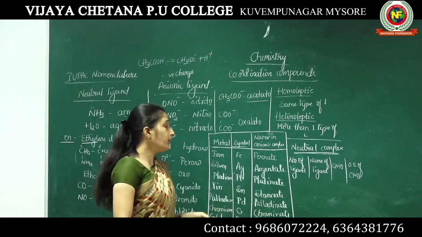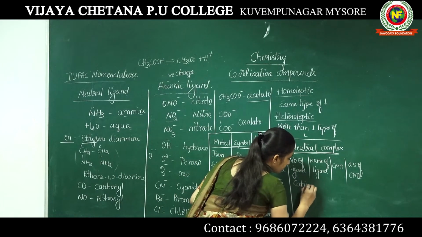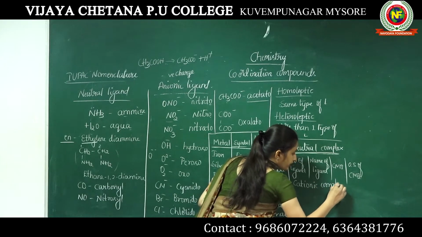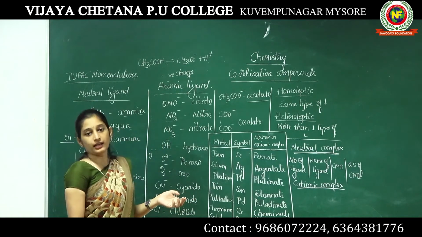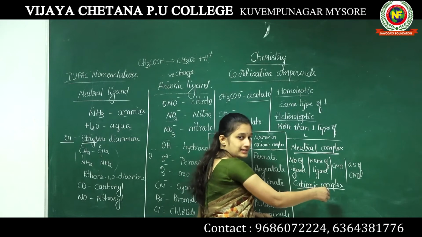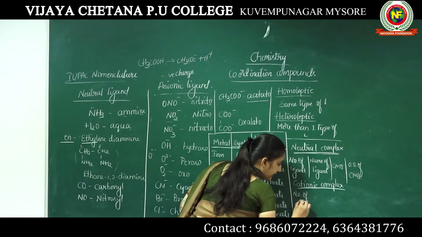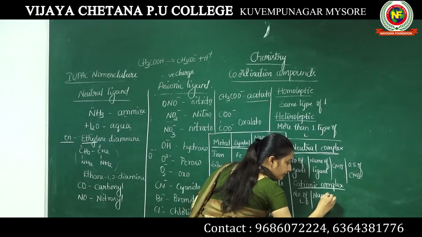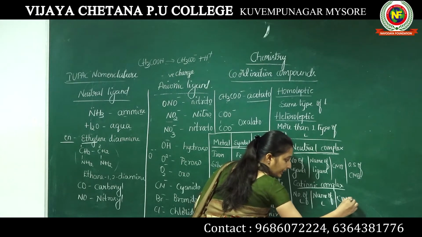Then what about the cationic complex? How to name a cationic complex? What are all the rules? First one, same as it is. Number of ligands, name of the ligand, central metal ion,